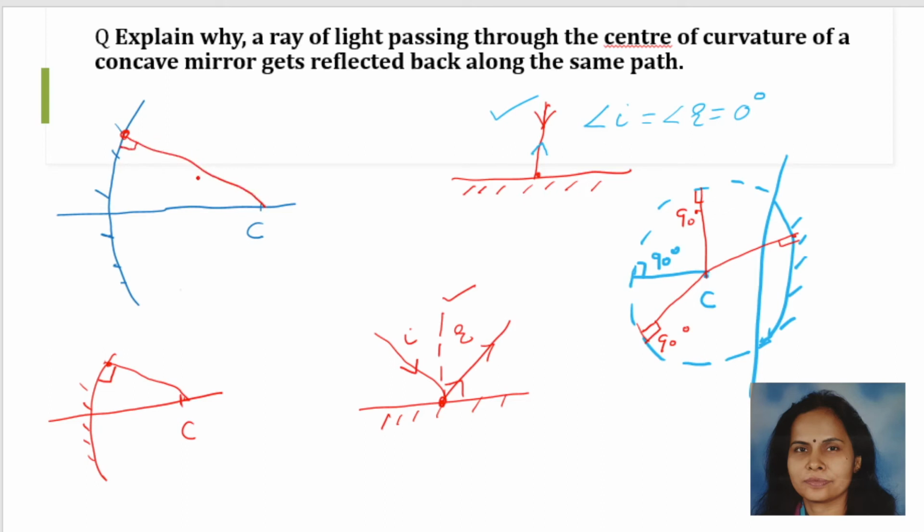Now if I say to you that the incident ray is also toward the normal, then what is angle I here? Angle I here is 0 degree. Then angle R should also be 0 degree, right? So the ray will retrace its path. So this is a similar case as this one, right? I hope you'll be able to understand why it will retrace its path. The simple answer is, since the incident ray is falling along a normal, angle I is equal to 0 degree and angle R has to be equal to 0 degree. So what can we write down in the answer?